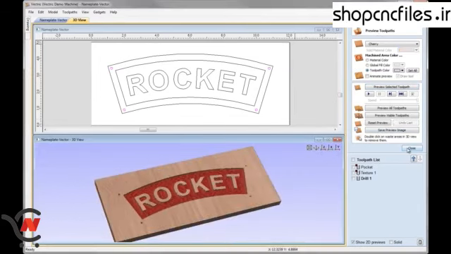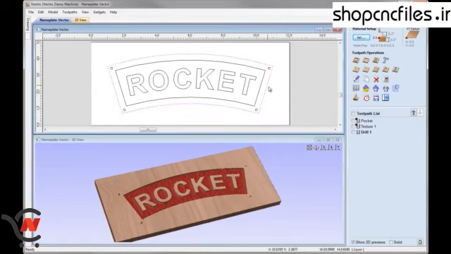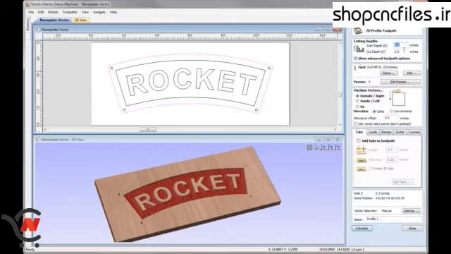So let's close the preview toolpath form, and for our last operation I want to select the outside vector, and we're going to do a profile cutout toolpath around this. So with that vector selected, I'm going to choose the option to create a profile toolpath from under the toolpath operations. I'm going to put in a cut depth which is the same as the thickness of our material of